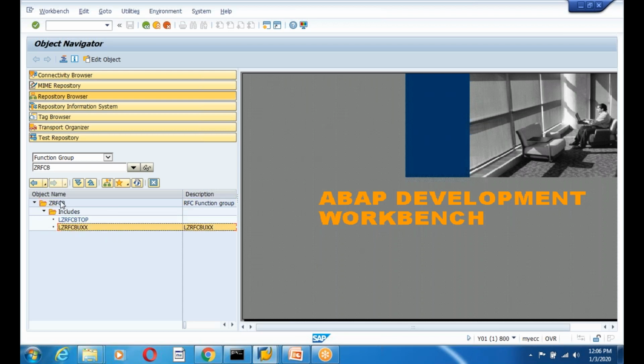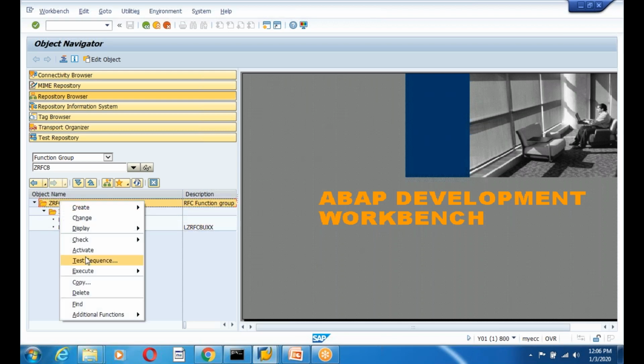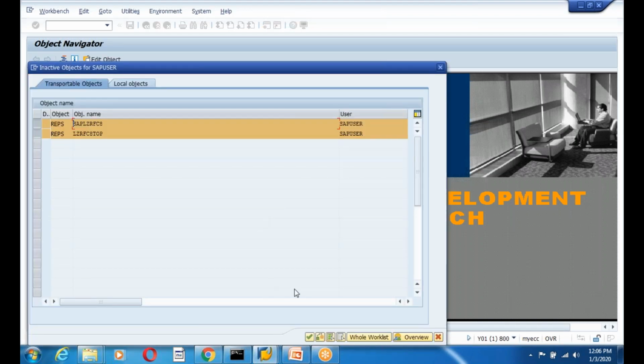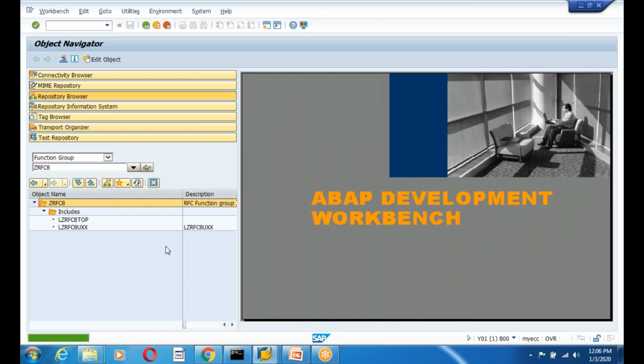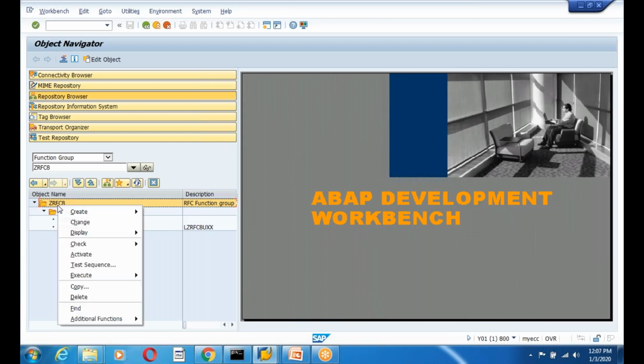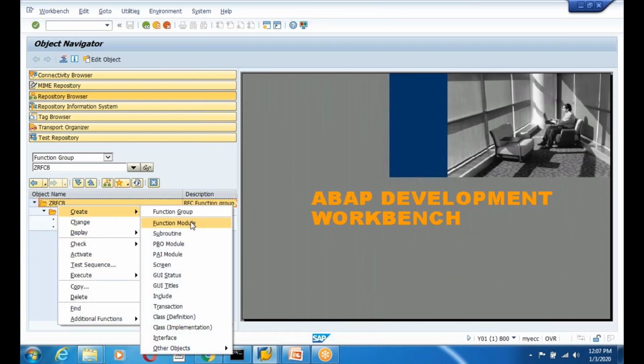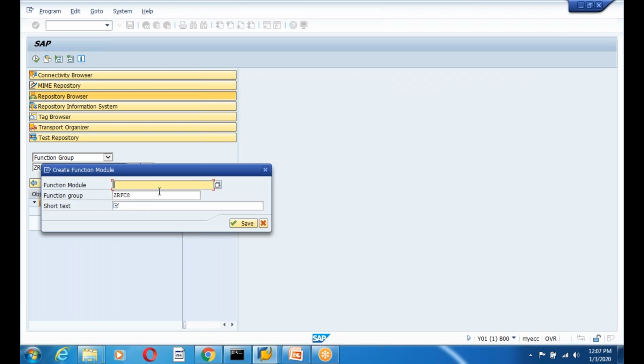It creates 2 includes. First activate the function group. So the function group is activated. Now I am going to create a function module, in GEDZ. It's an RFC